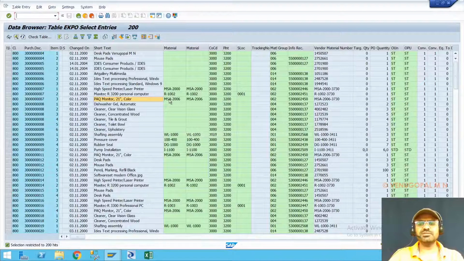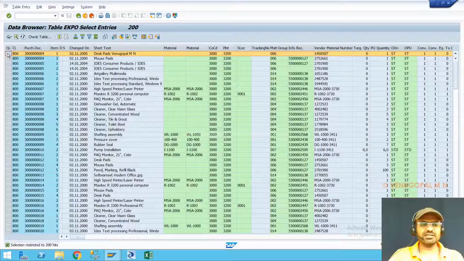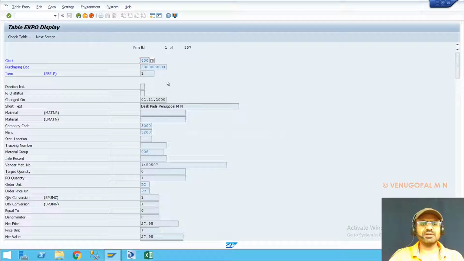See, you are able to see many entries, out of which assume that you wanted to change the content of a particular record. So what you have to do, you have to select that particular entry and click on the display button. When you click on the display button, it will show that particular record, the columns in a vertical format.